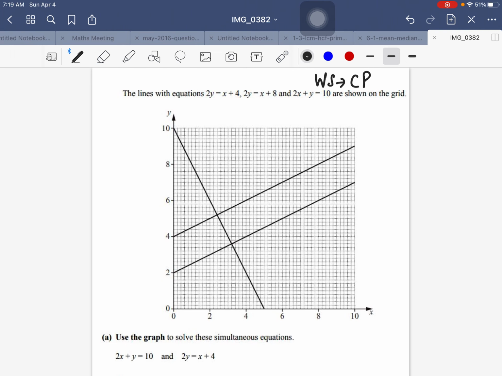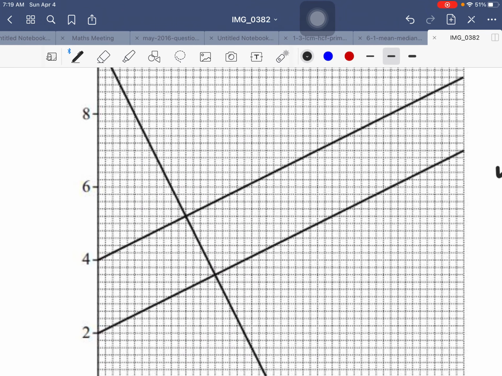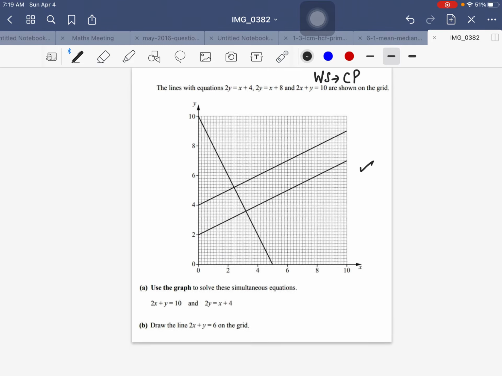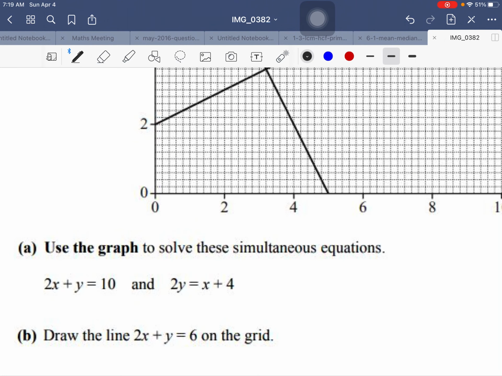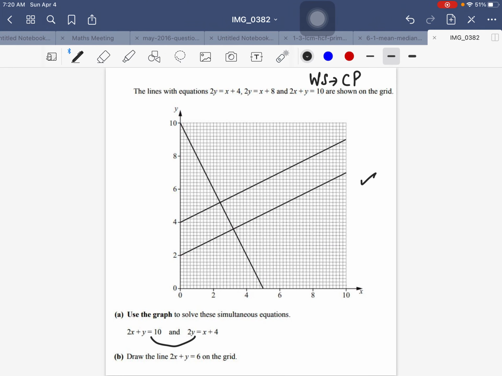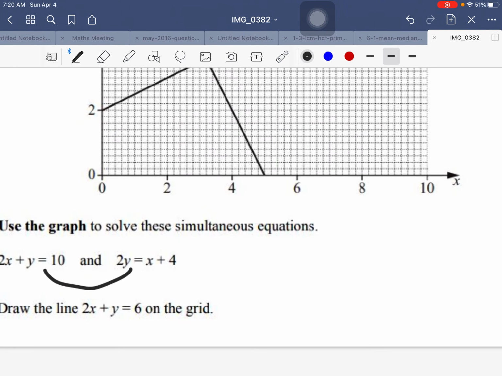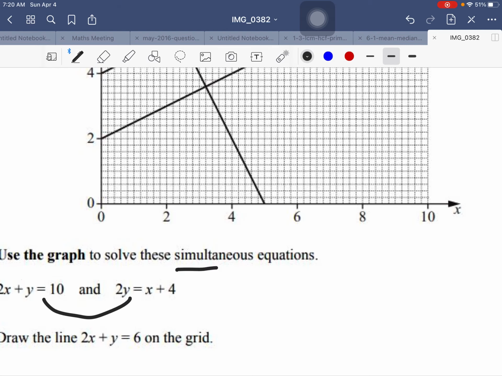So there's always one question on straight line, whether to draw the straight line. You are given the equation of a straight line and you draw it on the grid paper, or you are given a straight line on the grid paper and you have to find the equation of the straight line, or you have to solve 2 equations simultaneously graphically. Means look at the straight lines graph on the grid paper and try to solve these 2 equations simultaneously. So when we talk about simultaneous equation solution, we are trying to find the point of intersection.